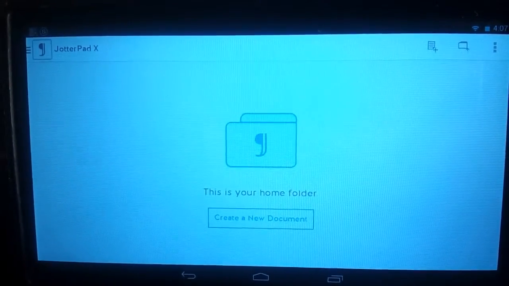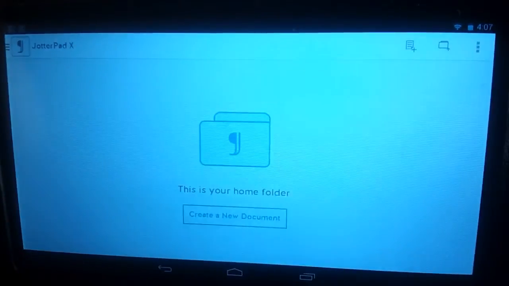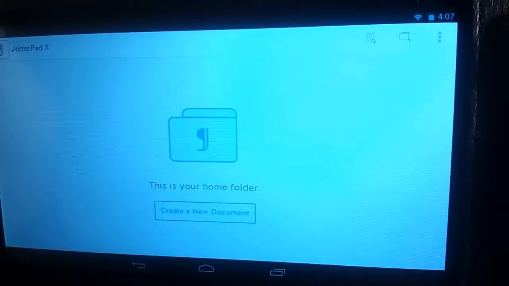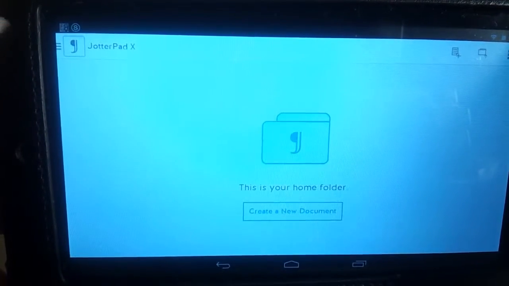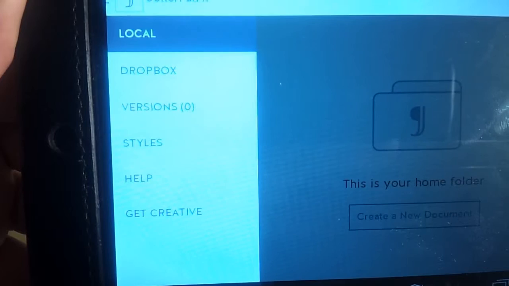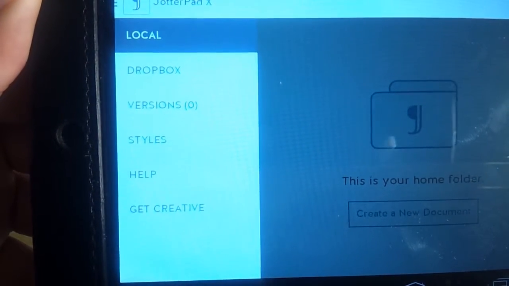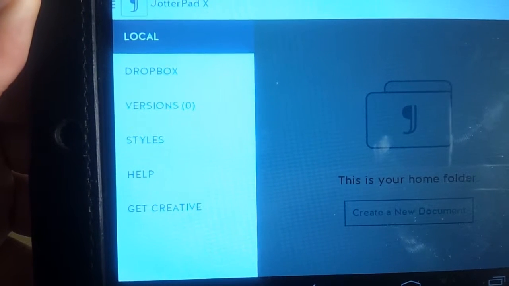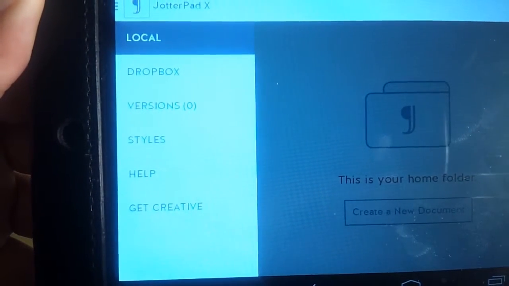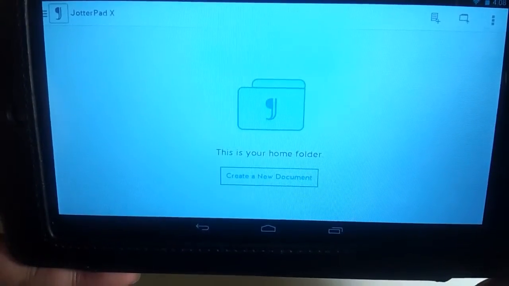You'll see on the screen it says this is your home folder and gives you the option to create a new document immediately. I'm going to give you a brief tour of the home screen. You have your Jotterpad X menu. You'll be able to see your local documents, documents you sync to Dropbox, the versions of your files, the different styles that you can create your documents in, help for extra tutorials and questions that you have, and the option to get creative. So we're just going to create a new document